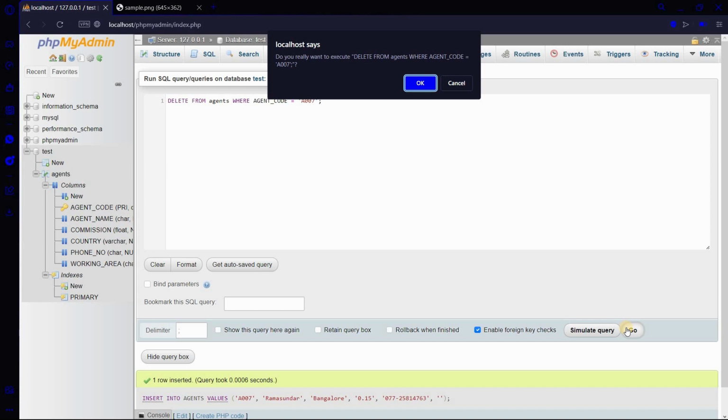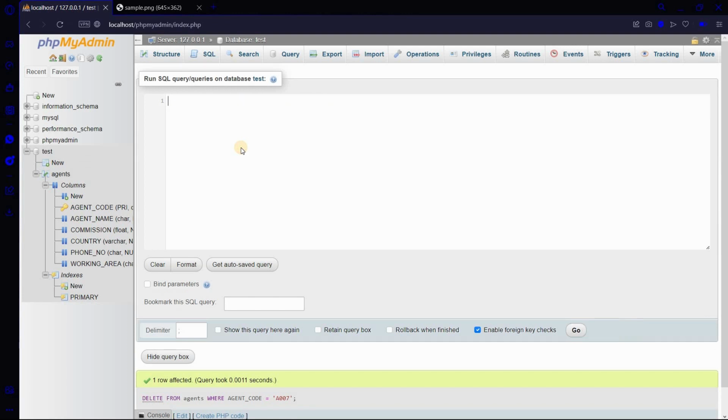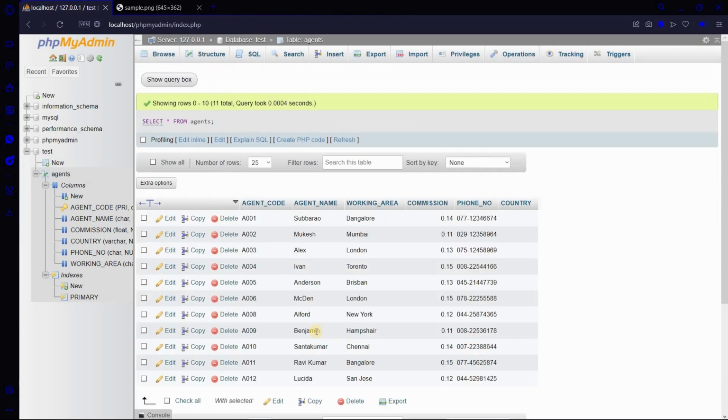You can see that it is asking for confirmation. Let's press OK. One row was affected. Let us see what happened to our table. As you can see, agent 007 was removed from our table.